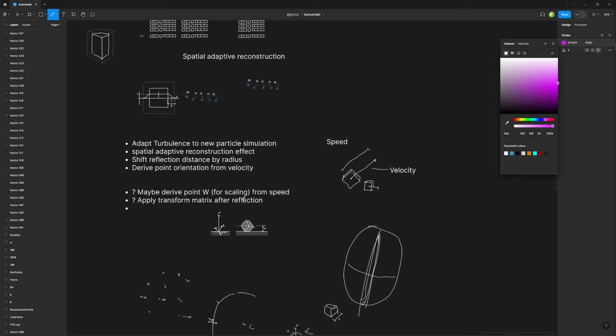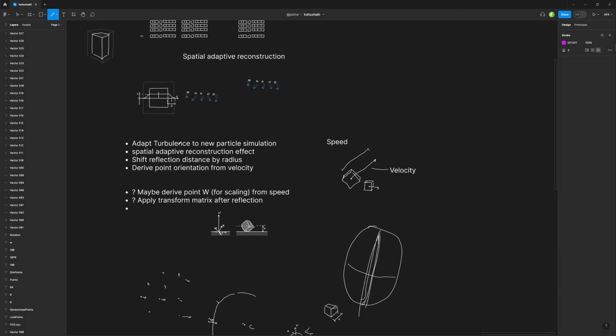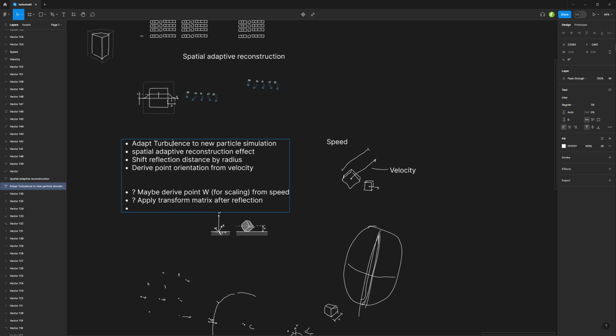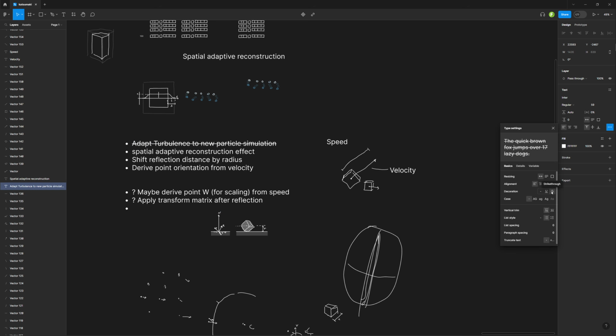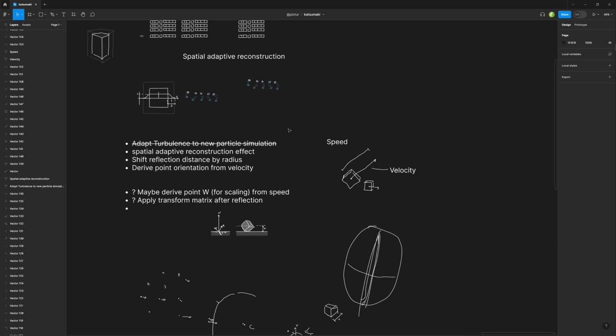Let's go to our to-do list. So we did this. And what's the hotkey here? Isn't there a hotkey to strike it through? Strike through. Oh, no hotkey. Okay, then